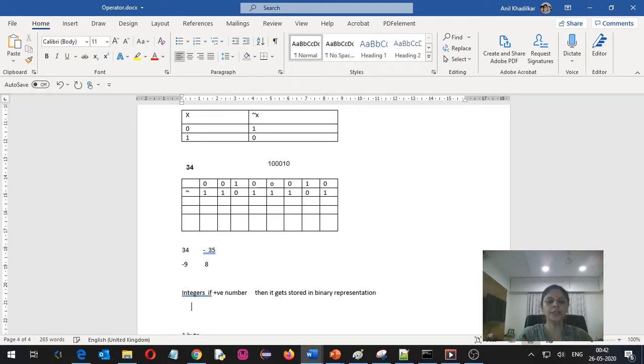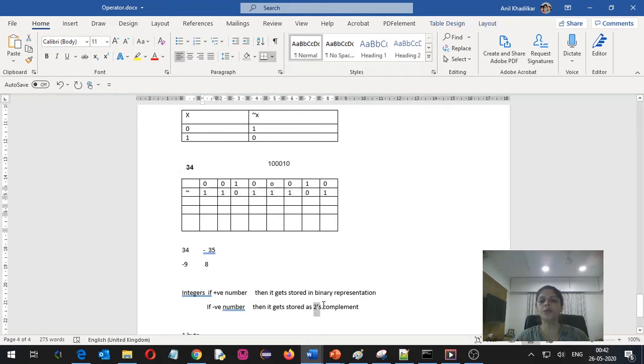But if it is a negative number, then it gets stored as 2's complement. So if I want to understand the decimal representation of this number, I will have to calculate the 2's complement of this number. Then I will get the decimal representation.